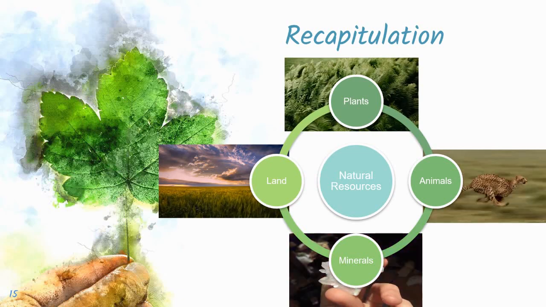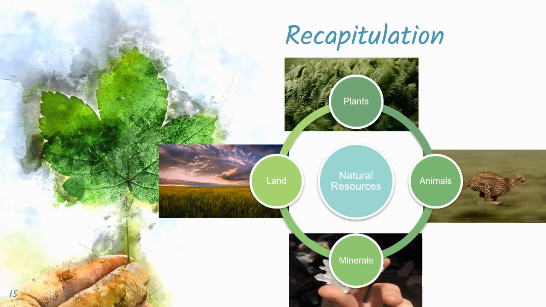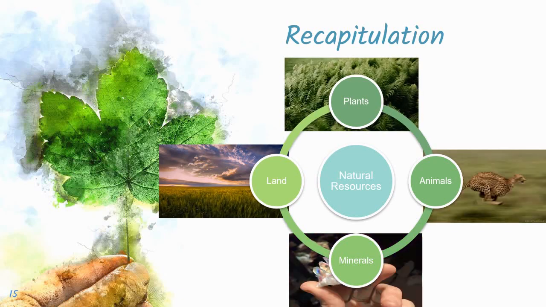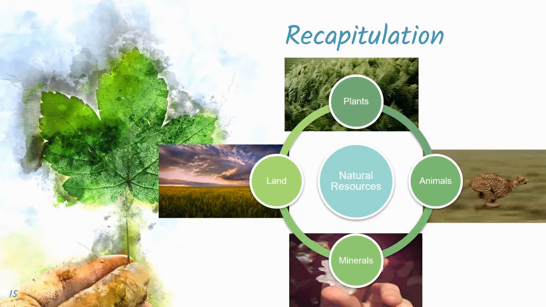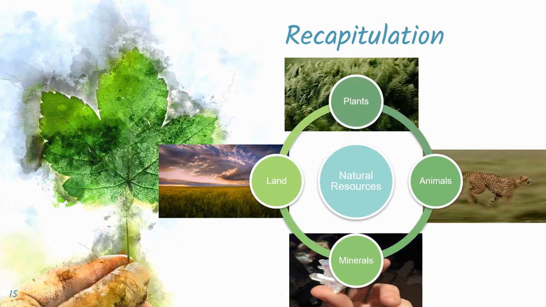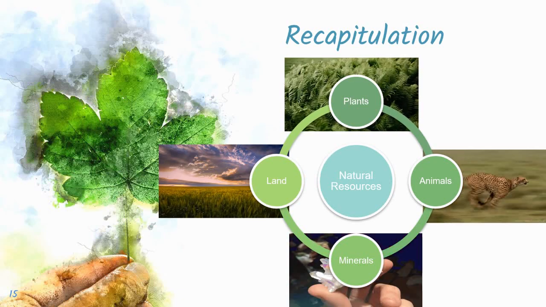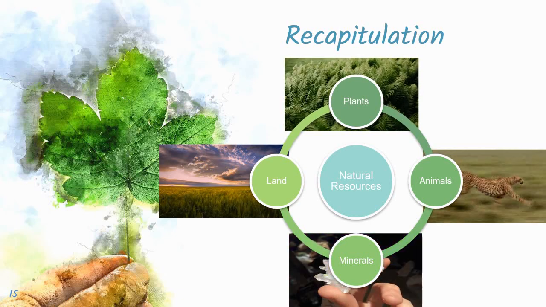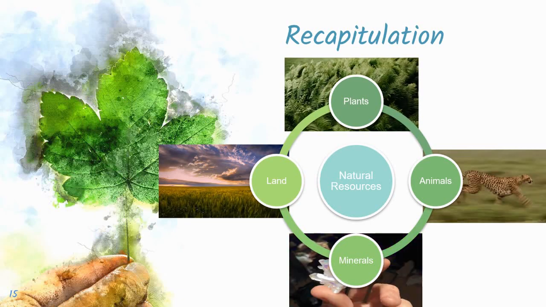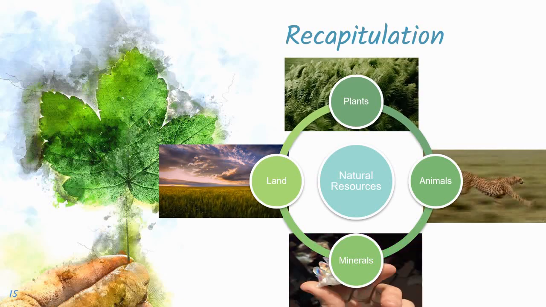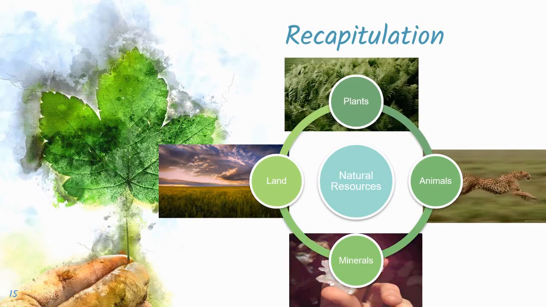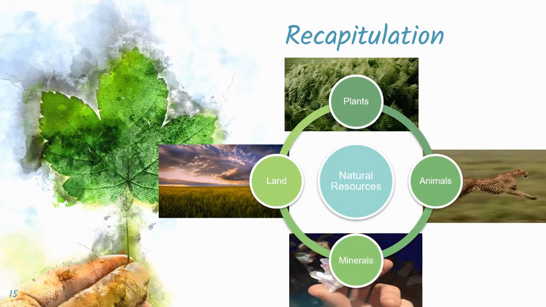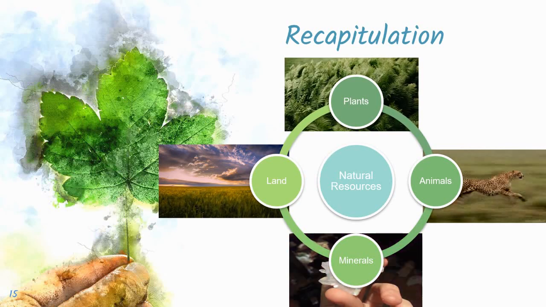The next thing we looked at was minerals, and we learned that minerals are classified into two types, metallic and non-metallic. And the last natural resource we looked at is land. Hence, we know that Mother Nature has gifted us with lots of land and how man has been using that land for his own need from the beginning of time when he learned to settle down. Hence, these were the things that we learned today.